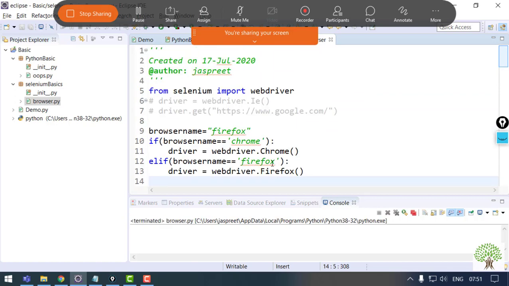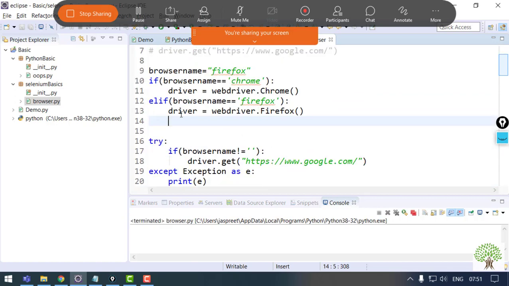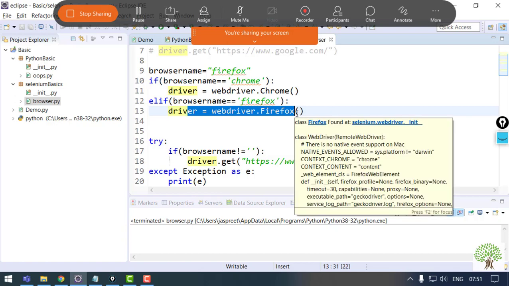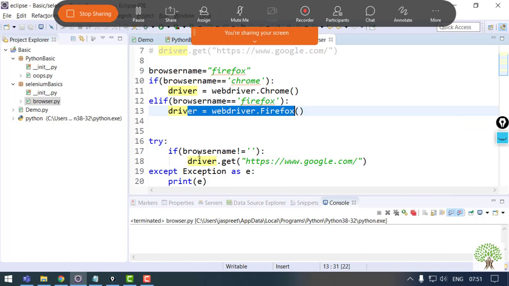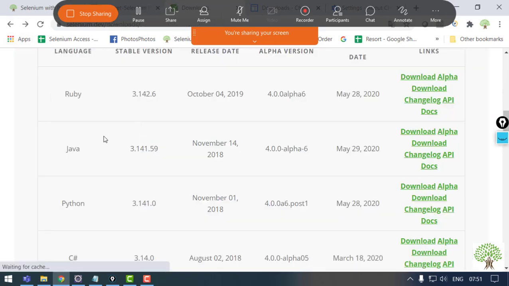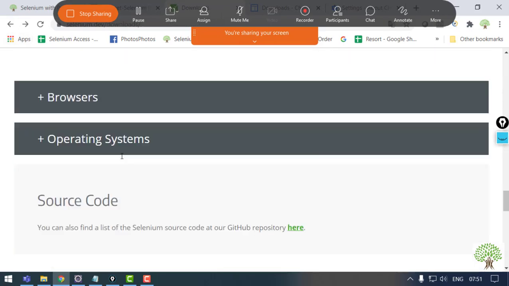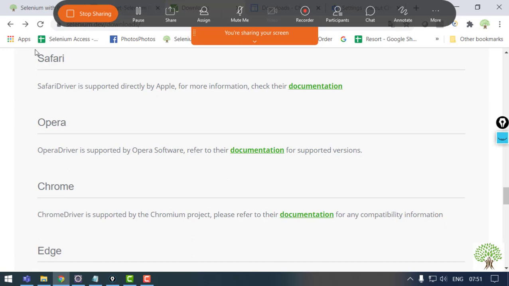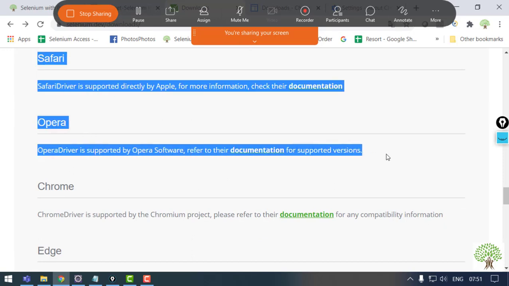Also, you can manage the EXEs and open any browser that you want. Except for these 4 browsers, Chrome, Firefox, Edge and Internet Explorer, there are 2 more browsers mentioned on the official website: Safari and Opera.